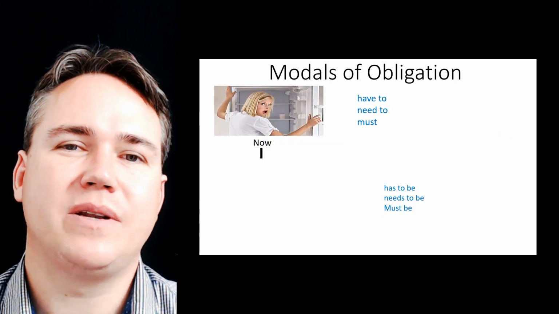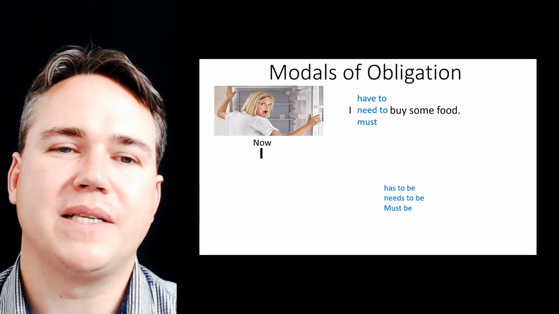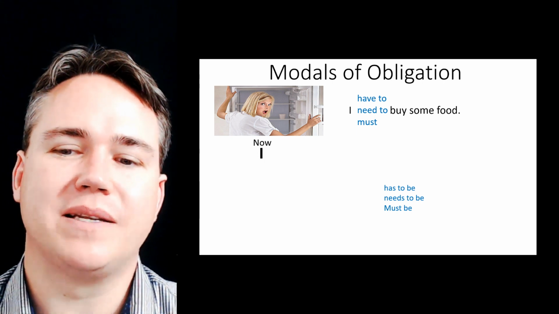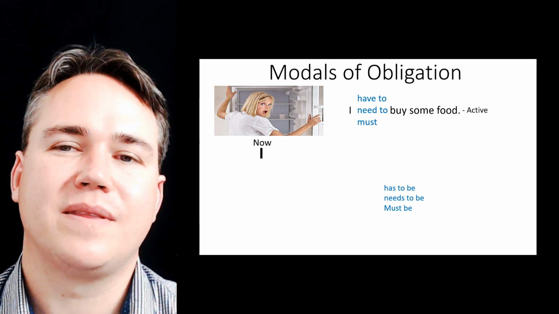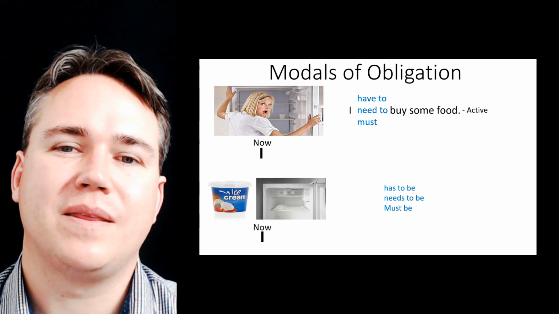Okay, now let's look at modals of obligation. So you say, I have to, I need to, or I must buy some food because the fridge is empty now and I've got to do something about it. So this is the active sentence. The passive though,